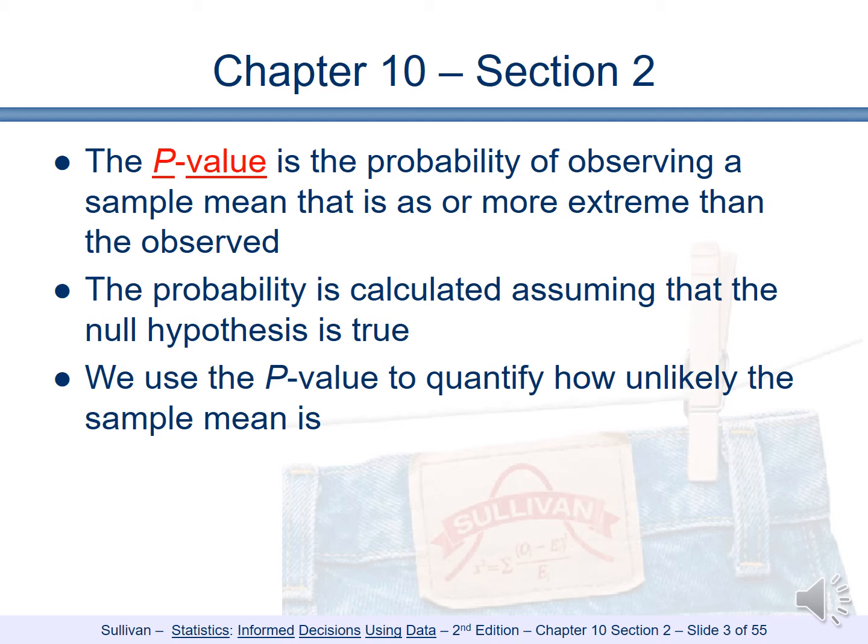We're going to compare the p-value to another value. The probability is calculated assuming that the null hypothesis is true. That's the assumption we make in the classical approach as well. We use the p-value to quantify how unlikely the sample mean is. So we're comparing the sample mean to the